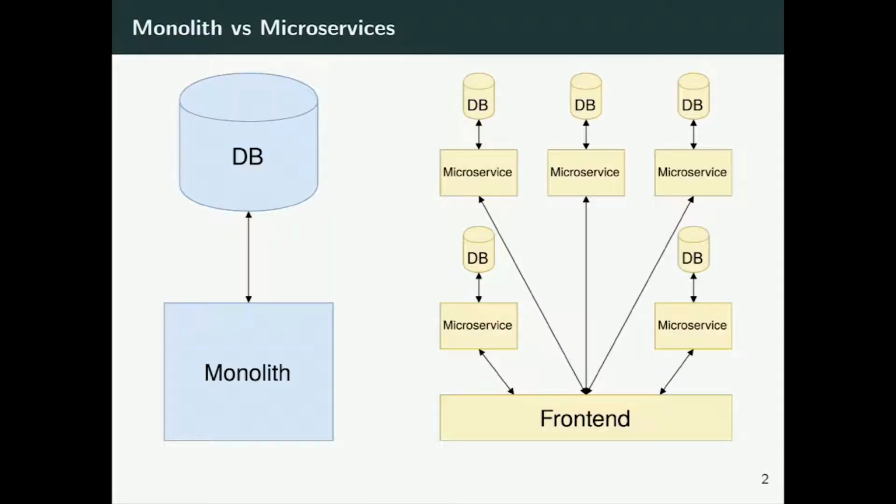actually mean by microservices and why you might actually want to consider a microservice architecture for your software. So I've got two diagrams on the screen, and in blue on the left is maybe a typical monolith, and in yellow you've got something that looks more like a microservice architecture. The key difference is that in a monolith architecture you tend to have a single code base which encompasses the whole of your application's functionality,